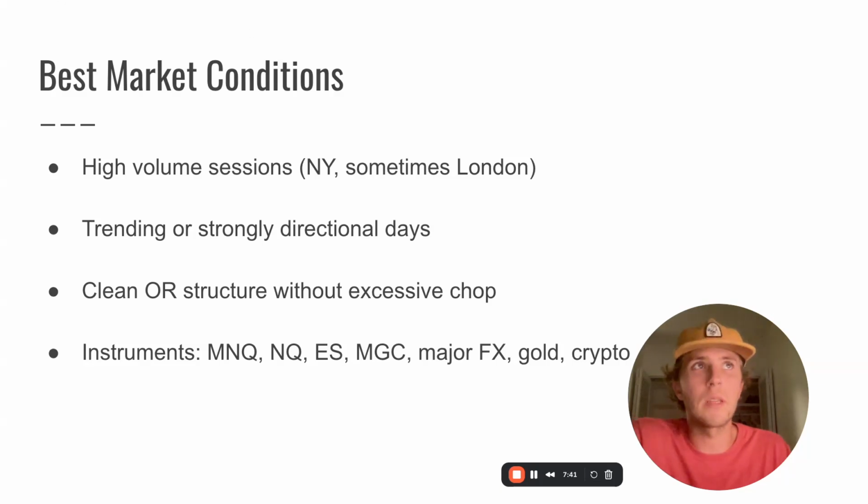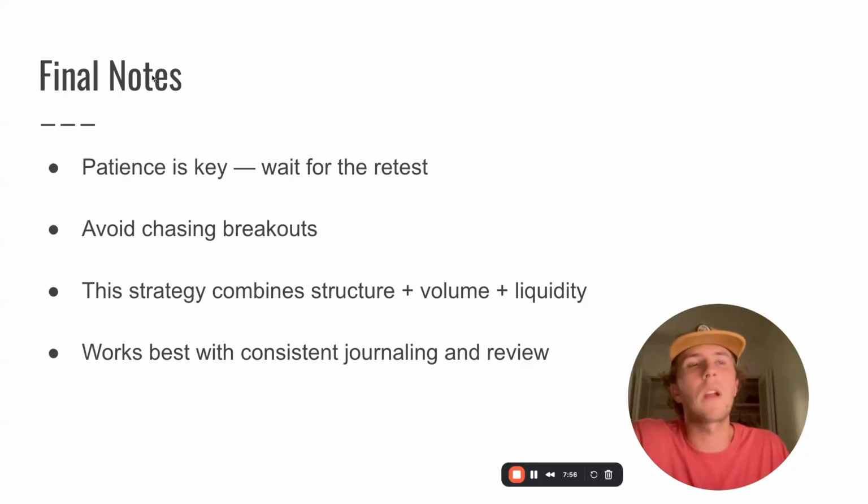Some of the instruments that trade the best with this are MNQ, right? NQ, ES, gold, major FX, also just gold that's not micro, just regular gold, and then some cryptocurrencies as well off opens. Some final notes that I would have for you for trading the opening range breakout strategy would be